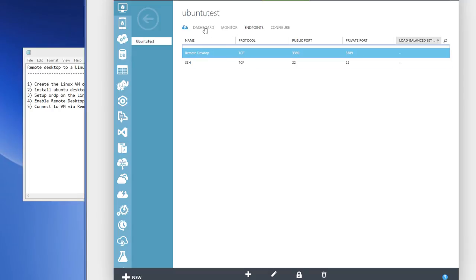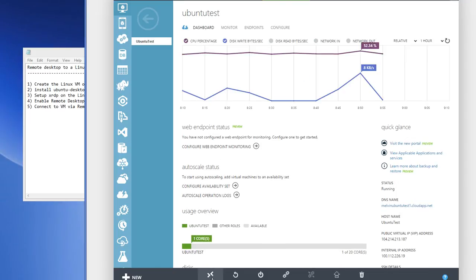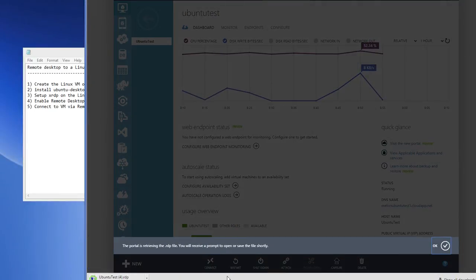Once you're done with that, if you click on desktop, you'll notice that it adds the connect button here. The connect button doesn't appear by default on Linux, but now that you've enabled the remote desktop as an endpoint, you find the option here. If you click on connect, it downloads the shortcut for you to connect to the session via RDP. So if you click on that link,